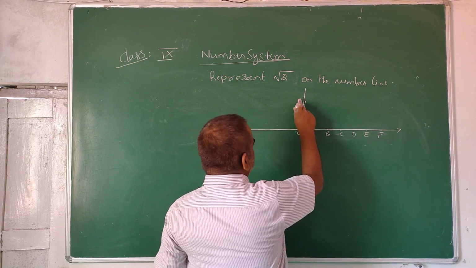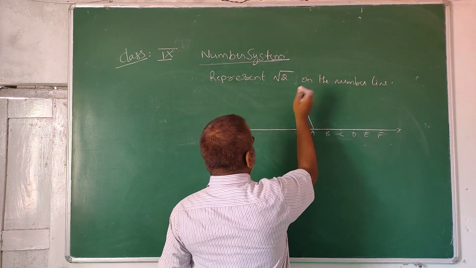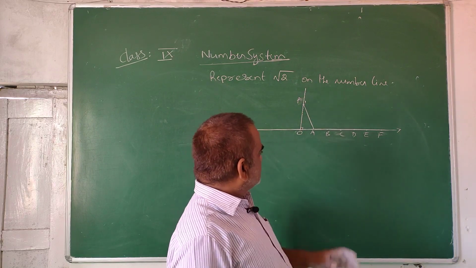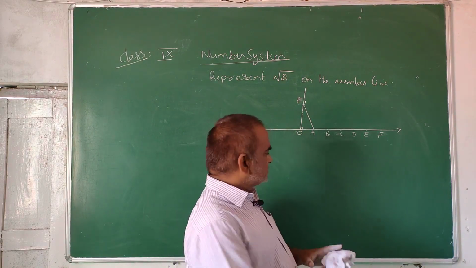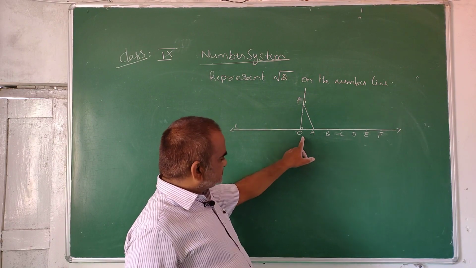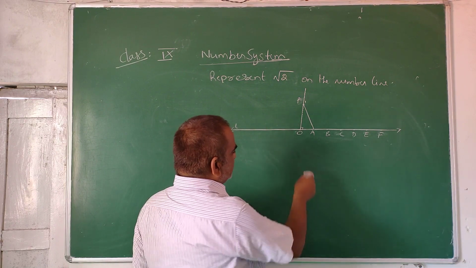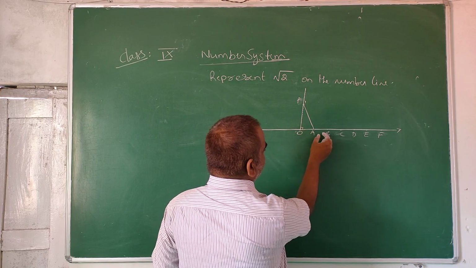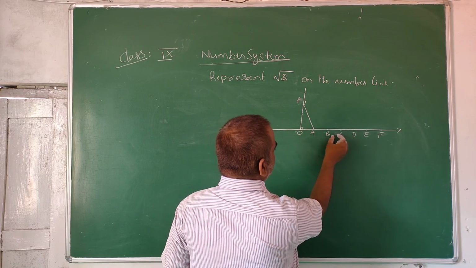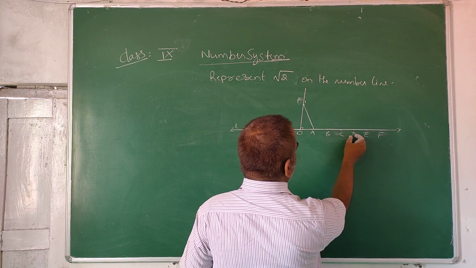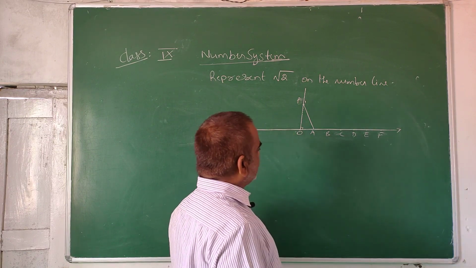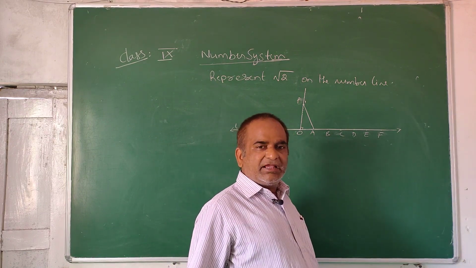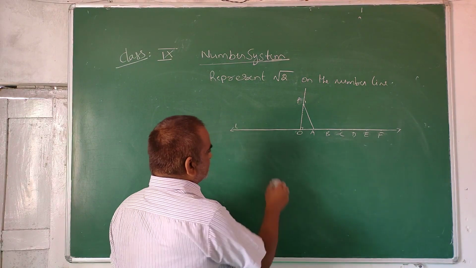So say this is P. Are you following? So now the distance between O to A is 1 unit, A to B is 1 unit, B to C is 1 unit, C to D is 1 unit. With 1 unit distance, you are taking the points. So here